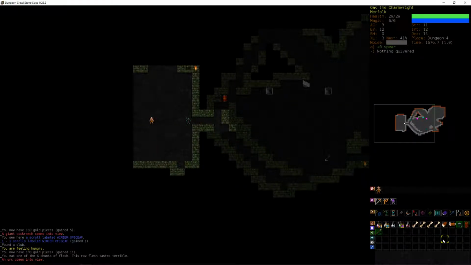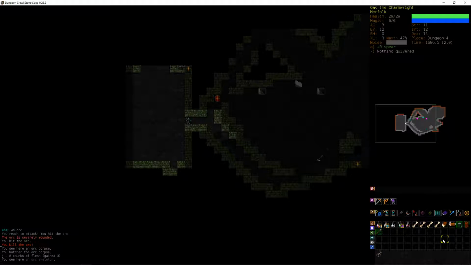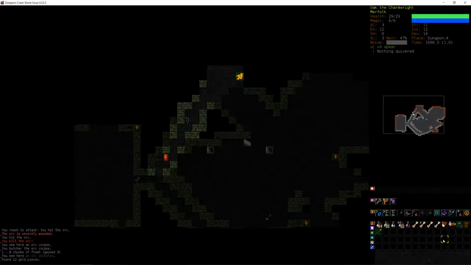Okay, that's an orc. They usually come in packs, so we're gonna pull this one back here and kill it. And we're gonna leave that room and come back a little bit later because